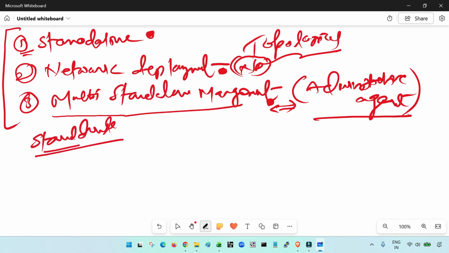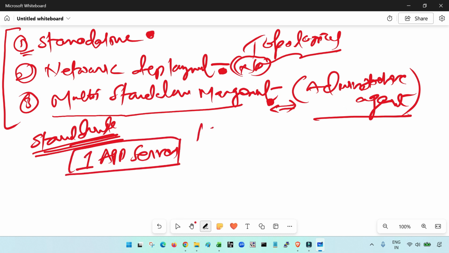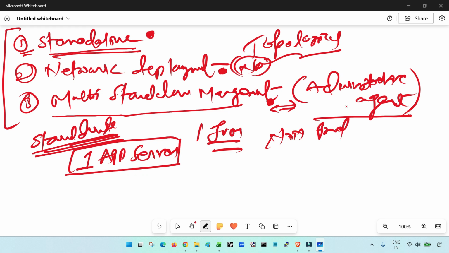So it is very clear from the name, standalone. That means there would be only one instance of the application server, only one instance, or you can say one JVM, right? So this we use for the non-production environment. Okay, again, development, quality, testing, or maybe apart from that, you may have a few more environments where you need only